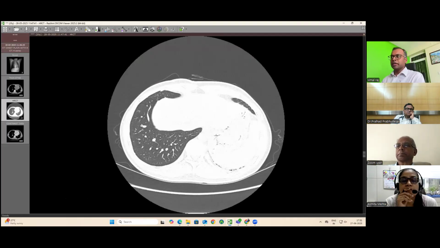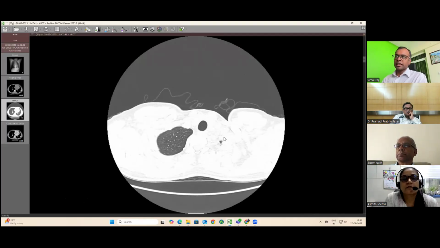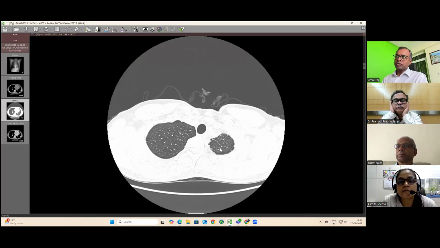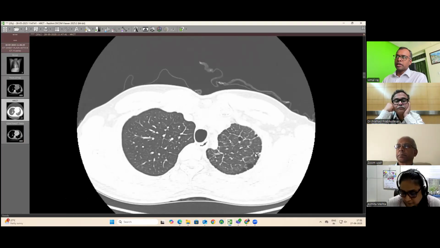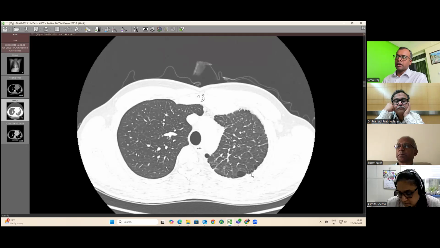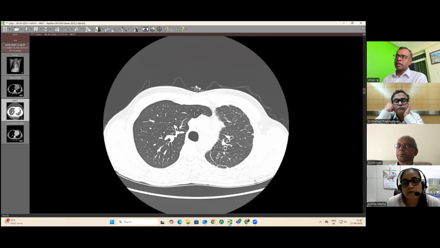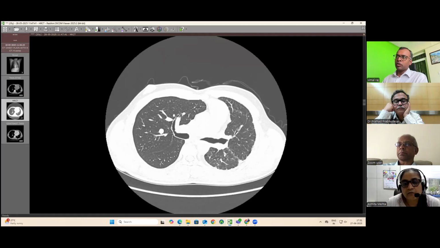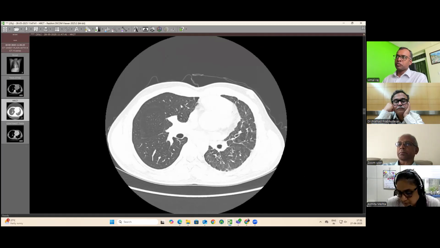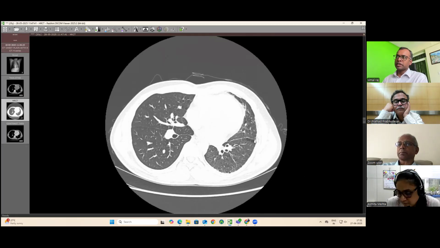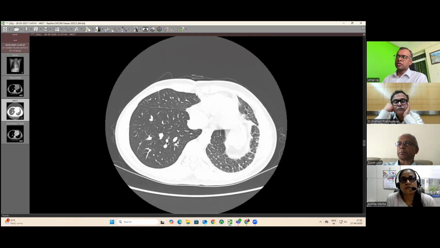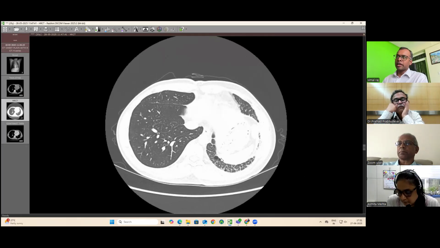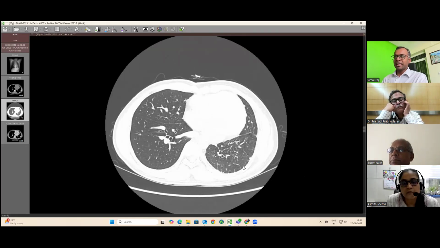When we look at the lung parenchyma, as I come from the top, you start to see this interlobular septal thickening in the left lung, and then there are these subpleural cystic changes that we can see, especially only in the left lung. And there are all these increased interstitial changes that we can see with some loss of volume, and you can see these cysts again. The right lung is pretty much clear. We don't see too many changes, and there is septal thickening towards the periphery of the left lung and few isolated cysts here and there.